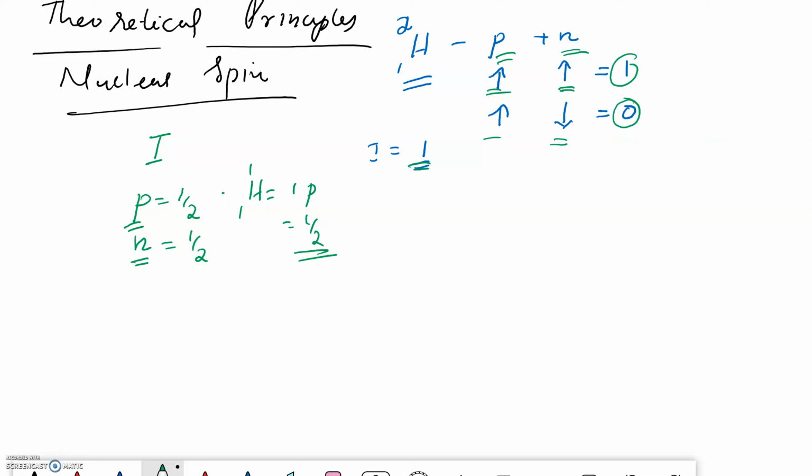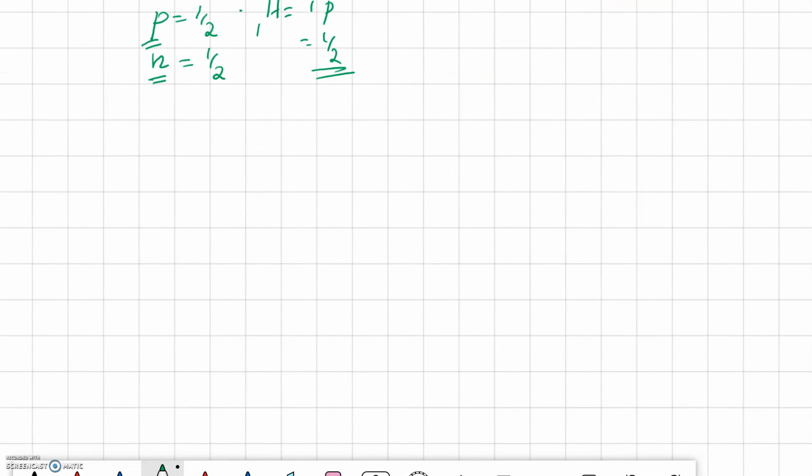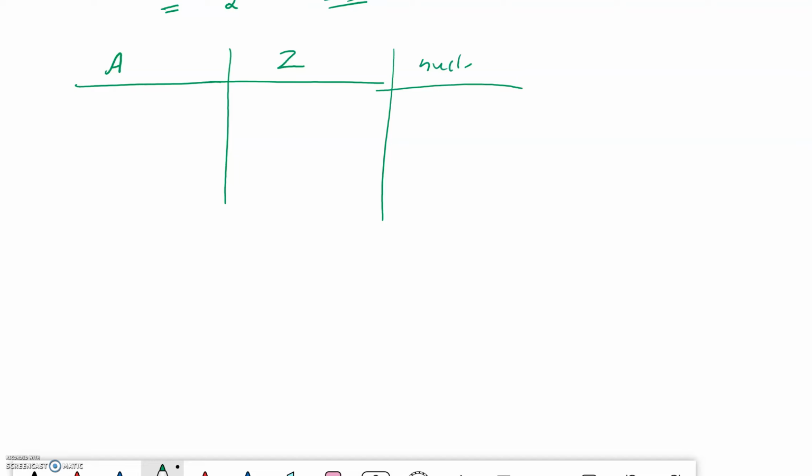There is no general rule yet derived to predict the spin. But in general findings, it is observed that if we consider A, Z and nuclear spin,